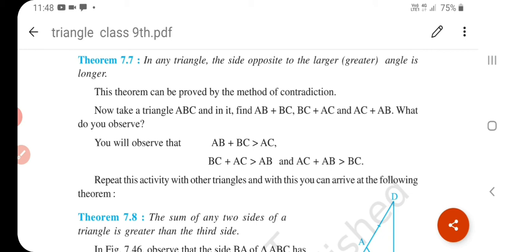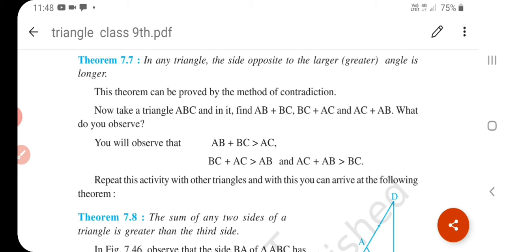Okay, every triangle is congruent to itself. In two triangles, if the three angles of one triangle are correspondingly equal to the three angles of the other triangle, then they are said to be equiangular. Okay, understand? The difference between any two sides of a triangle is less than its third side. Difference always is less than the third side. A triangle is an isosceles triangle if and only if any two of its altitudes are equal.